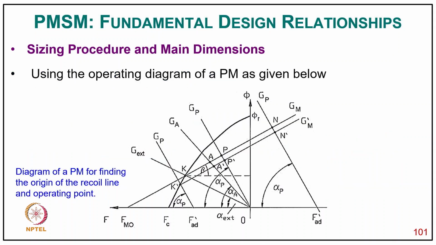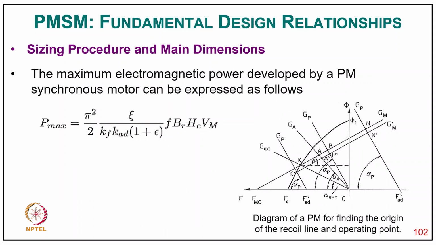So here we can recall the operating diagram of the permanent magnet in the second quadrant, given here. The diagram of the PM is for finding the origin of the recoil line and the operating point. You can recall that the maximum electromagnetic power developed by a PM synchronous motor can be expressed as follows: Pmax equal to pi square by 2 into eta divided by kf kd, 1 plus eta, f Br Sc into Vm,